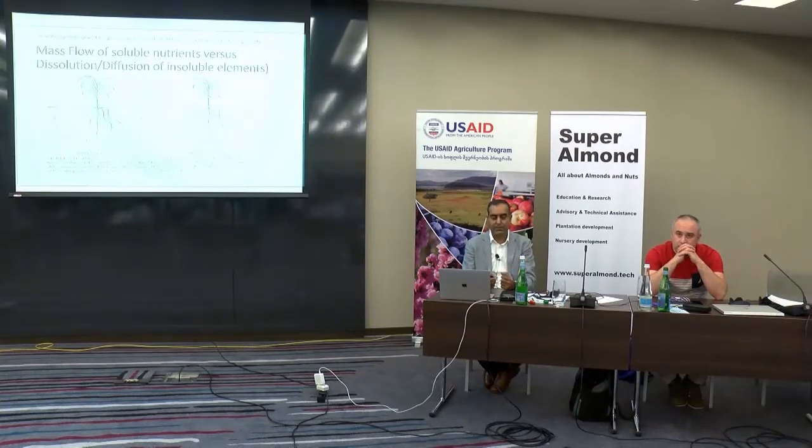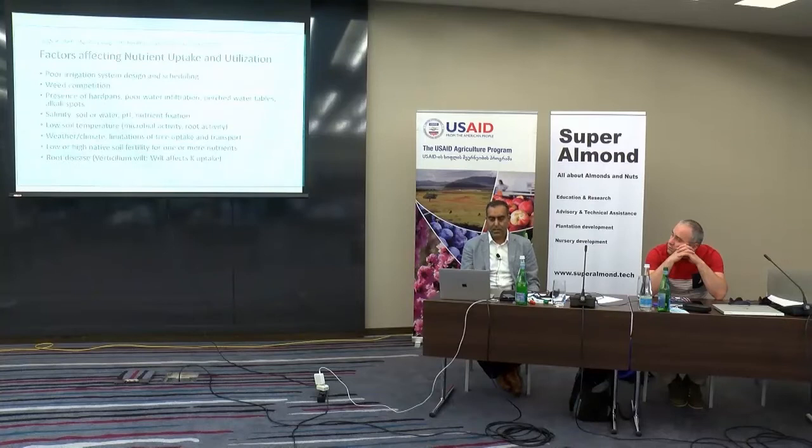So this is to explain the process of mass flow, as the nutrients are taken up as part of the soil solution based on the transpiration pull through the xylem stream. Some of the nutrients are also taken up as part of the process of diffusion, and potassium is a good example of the diffusion process. Then there are the factors that affect nutrient uptake and utilization: of course, your irrigation system design and